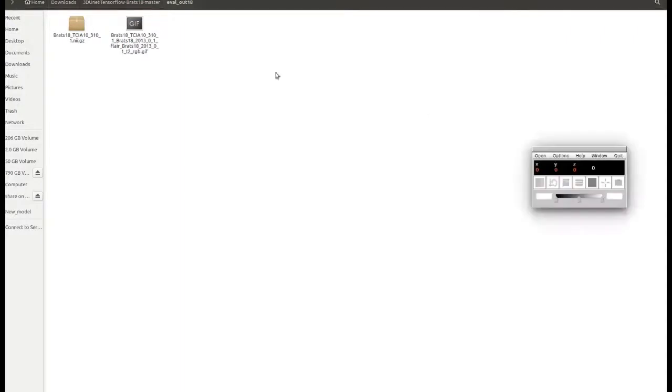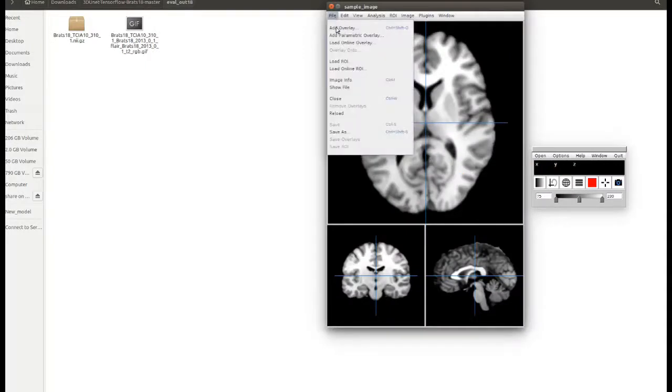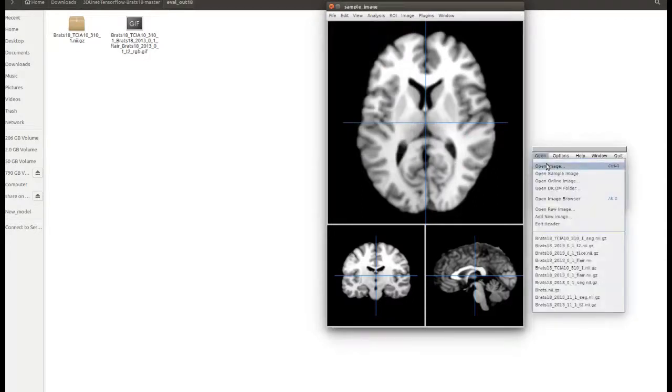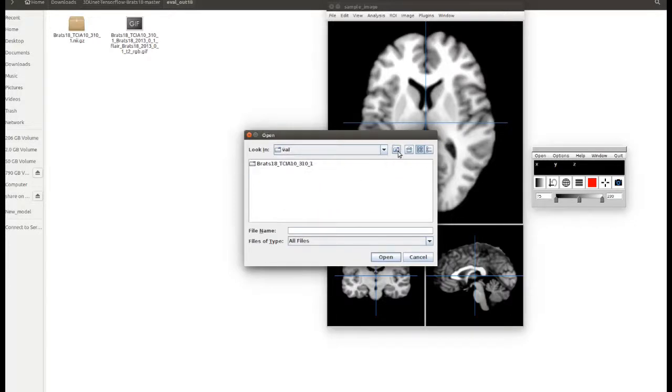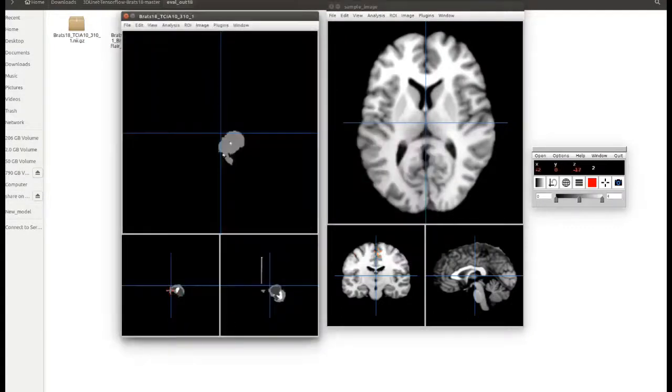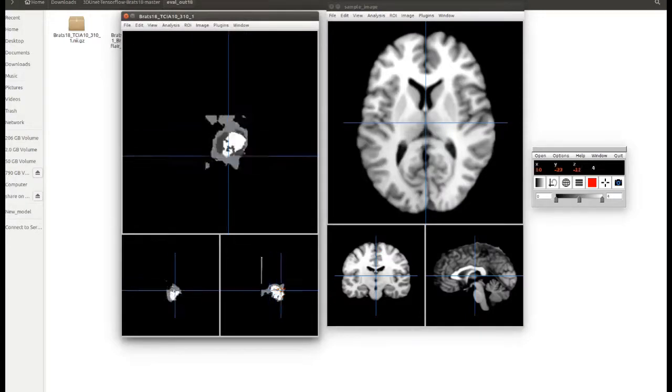So I'll show you using Mango how the output looks. So this is the segmented portion being generated with the help of the program. You can see here.